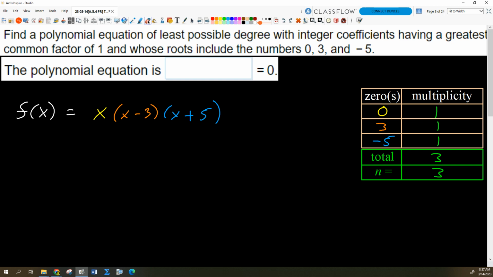Now all we would have to do is just expand this thing out, right? Well, we can do that. What if we were to FOIL this stuff out first? So I've got this x out in front, and then if I distribute, x times x is x squared, x times 5, 5x, negative 3 times x. So let's add those up. 5x plus negative 3x, 2x. And then finally,